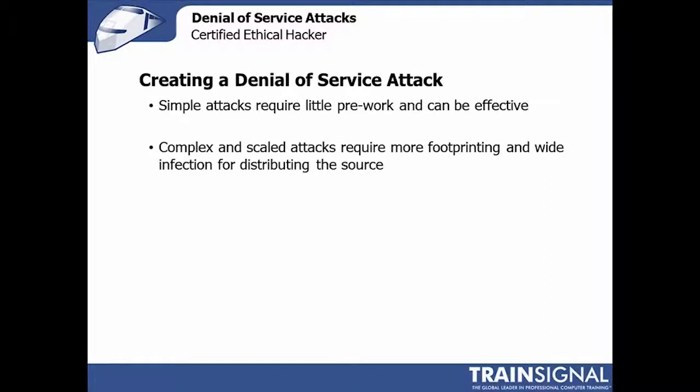So simple attacks, as you can probably imagine, are pretty straightforward. You just pick a system, you pick a port that's open that you believe you can get connections on, and you just start sending traffic. If you want some help, you probably do. You want to actually find or infect folks. You want to find peers, other hackers.